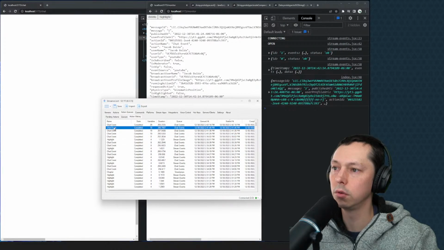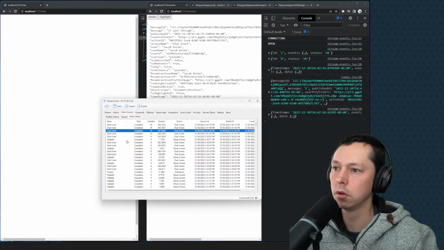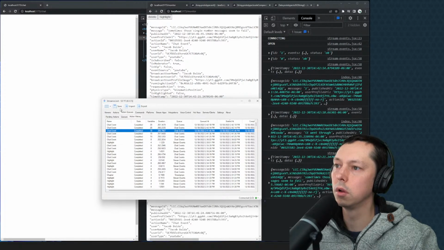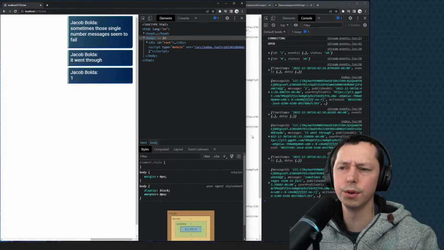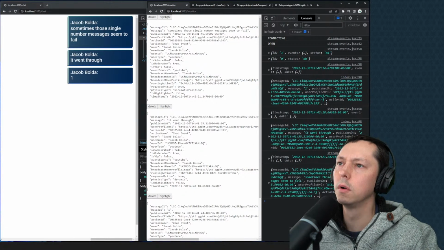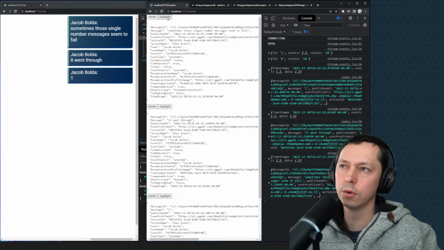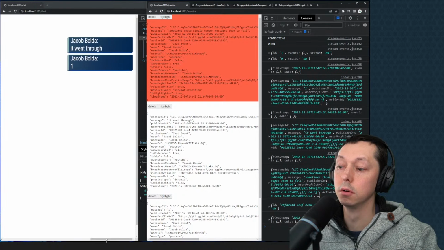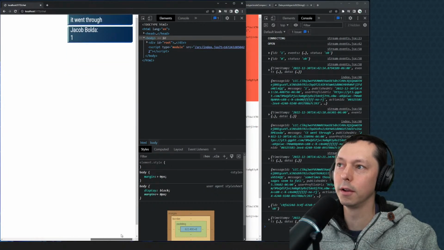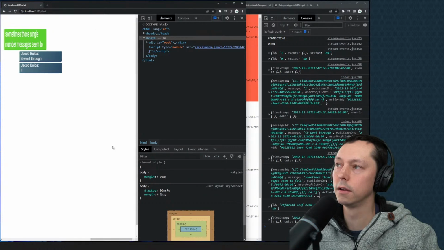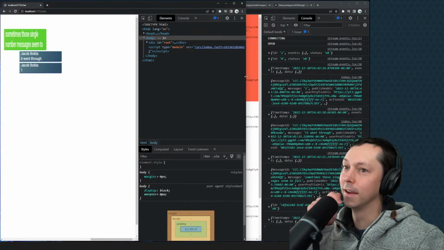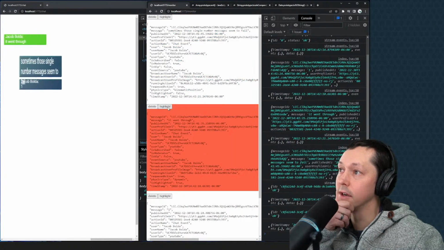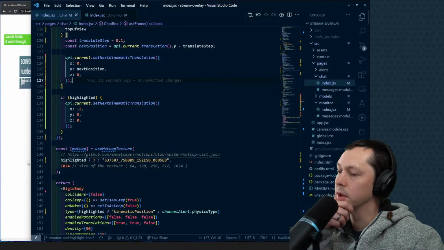Let's re-queue these. That'll bring them back in. That was weird. Okay, so the order seems correct here. If I hit this, oh boy, I mean it moves it. It's moving it to a place that